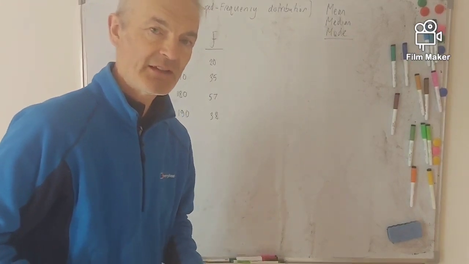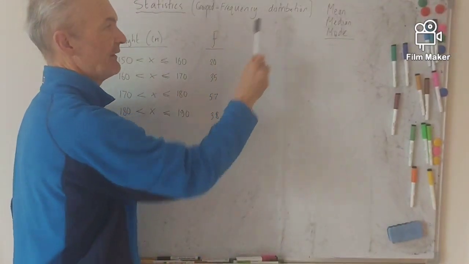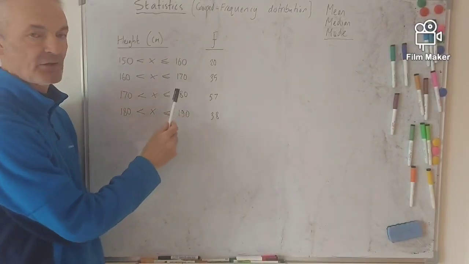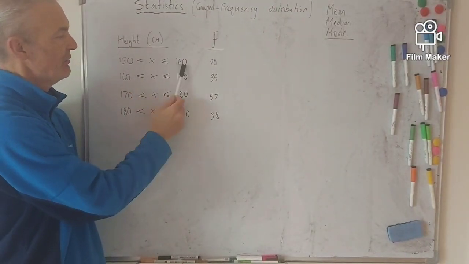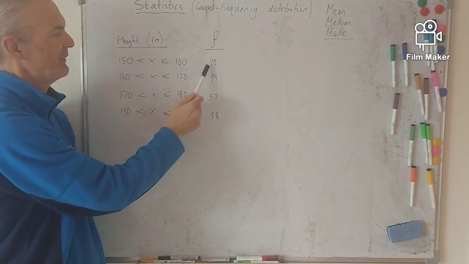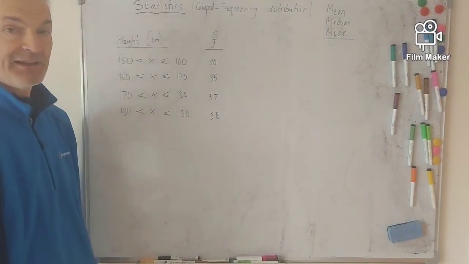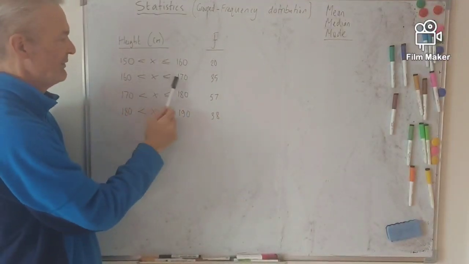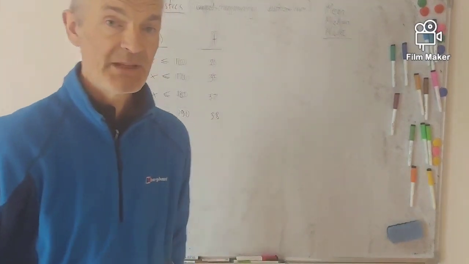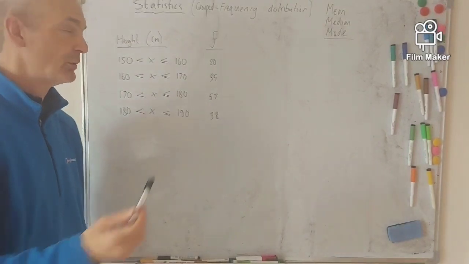Today I'm looking at statistics and in particular mean, median and mode from a grouped frequency distribution. So what do we mean by grouped frequency? Well, if you look at the data I've got here, it's a group. So it's between these two measurements. We've got 20 people that are between 150 and 160 centimetres, 35 people between 160 and 170. So you could imagine it's maybe a year group in a school where they've checked their heights and recorded them